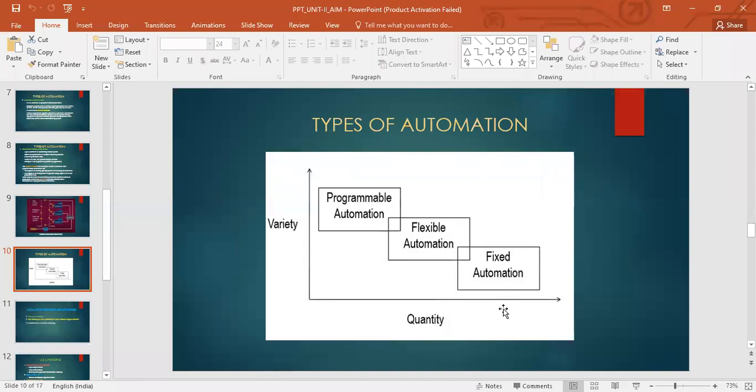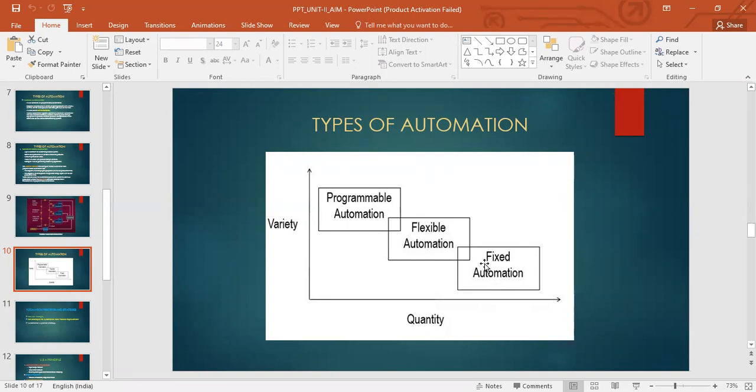Quantity is high because we said that the rate of production is high. But when it comes to variety, the variety that it can handle is very less, isn't it? And the quantity is more because we said that the product design is not changing. So the quantity that can be produced is very high.